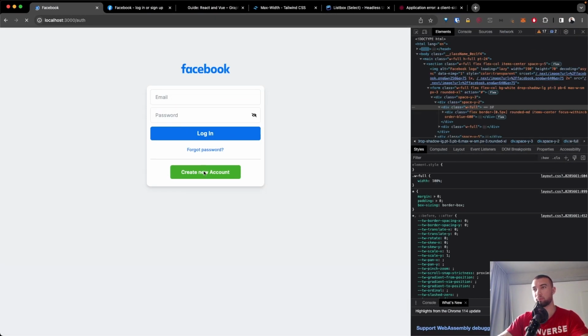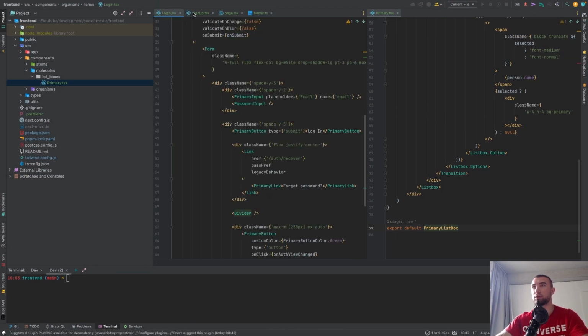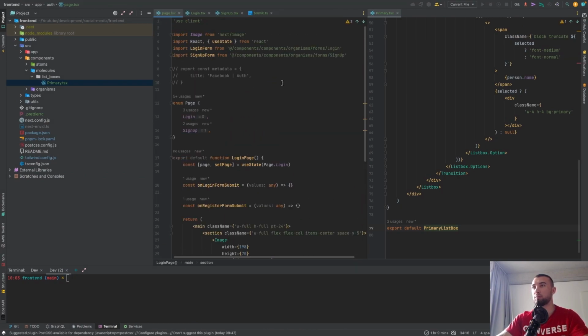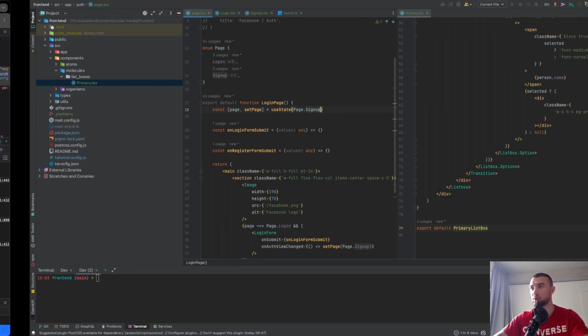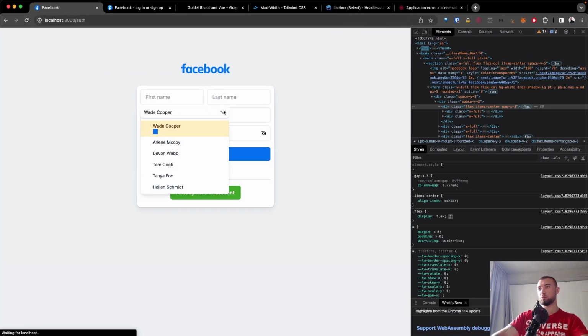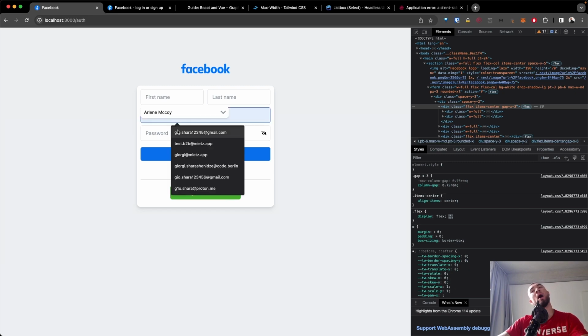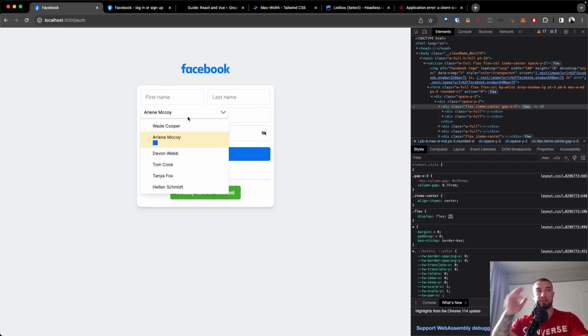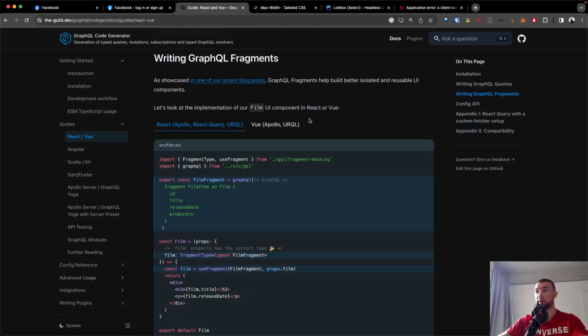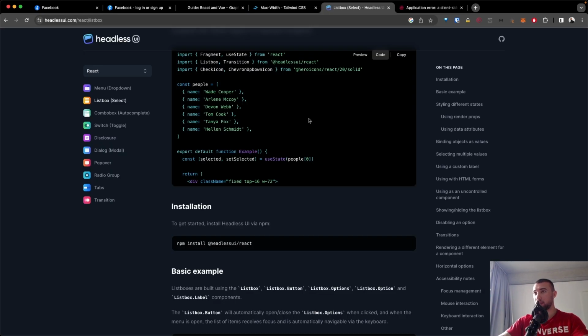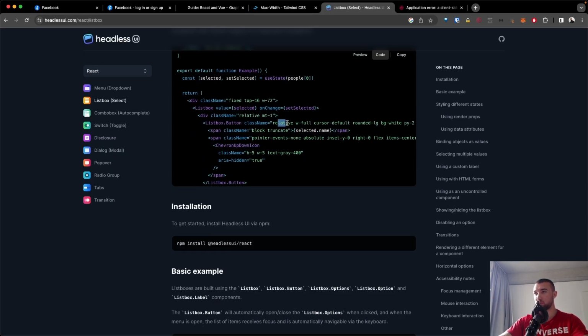Let's see. Let me first make the page default to sign up, so whenever we reload, we're going to be here. Okay. The problem is now that it has to be implemented with a div which is wrapped with relative. That means